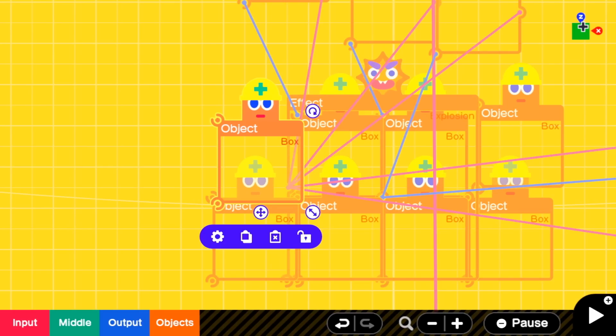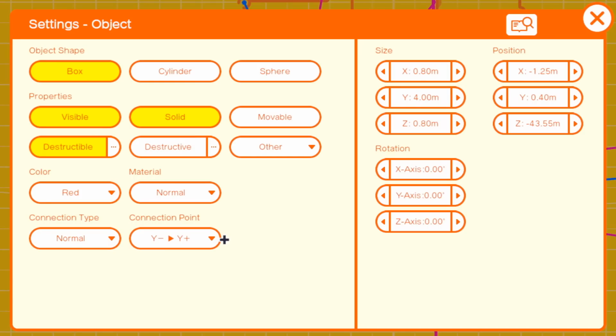Okay, now as we move into tip number 5, as well as the ones beyond, we're going to just talk about a few interface shortcuts I've picked up on, just to save you a little bit of time here and there. So first up is the fact that when you're editing the destructive or destructible properties of an object,